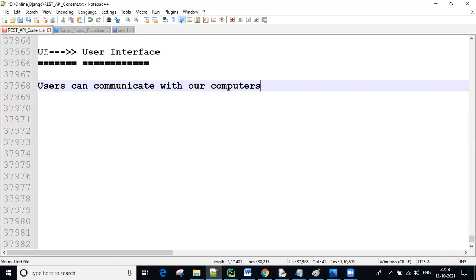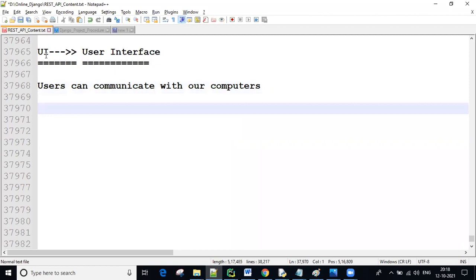If I want to do registration, I do registration. If I want to do login, I do login. So whatever we decide we want to do, that can be performed via the user interface.